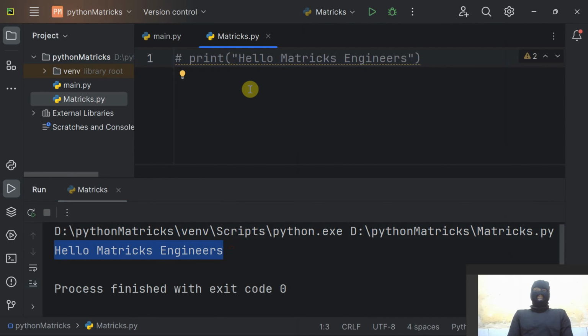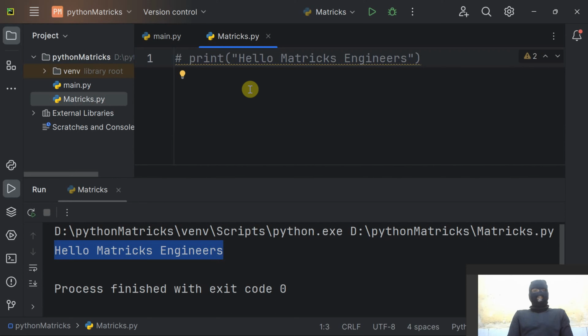Comment can be used to make the code more readable. Comment can be used to prevent execution when testing code. It can be used for many things. So this is how we create a comment. We start the sentence with